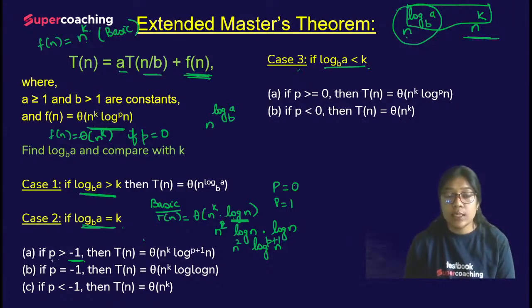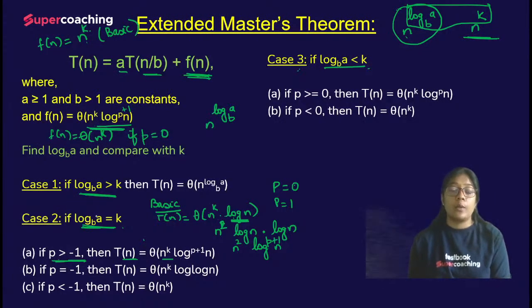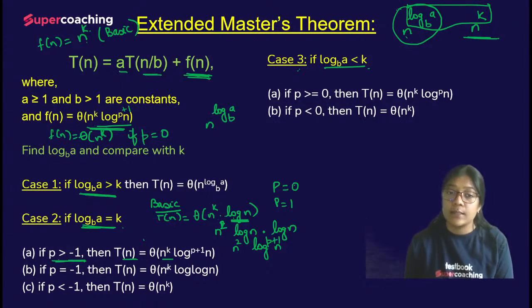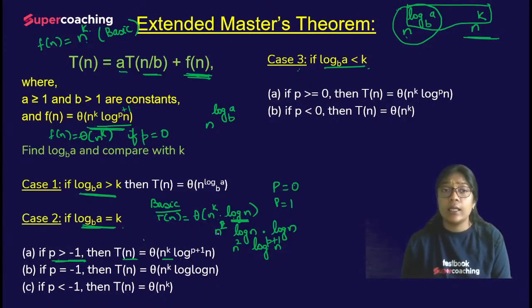Okay, so this is if p is greater than -1, then t of n is equal to theta of n raised to power k log n with the power p. ये तो आपके पास f of n है, इसमें हमने क्या कर दिया, we are adding +1 because in order to break the tie we need to take log n. Make sense? Second one, if p is equal to -1 यानी कि logarithmic term आपके पास denominator में आ रही है, so n raised to power k